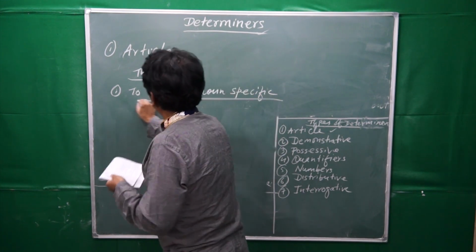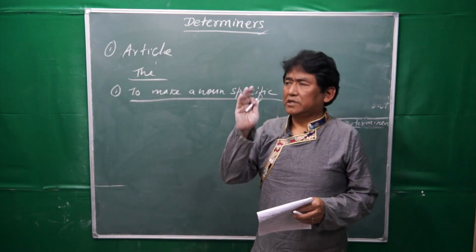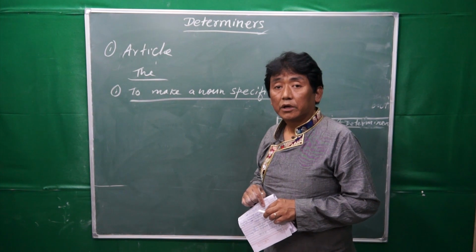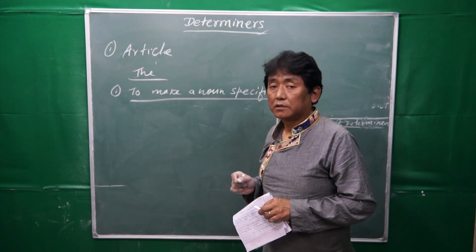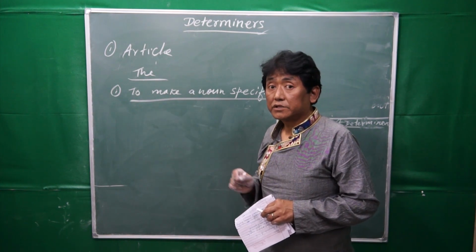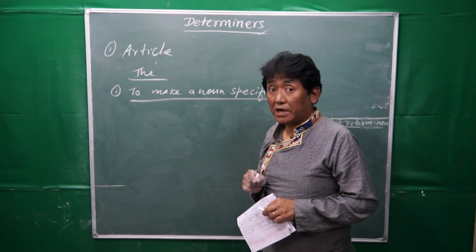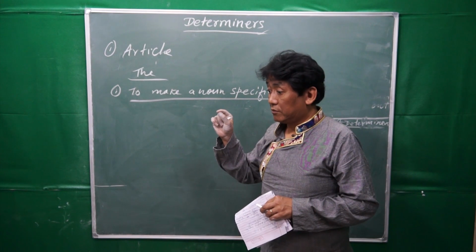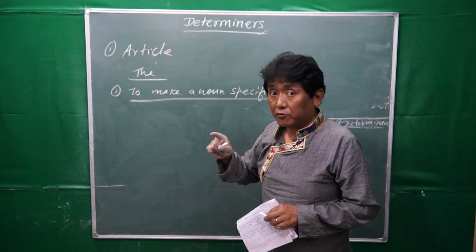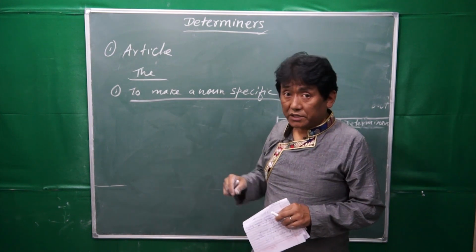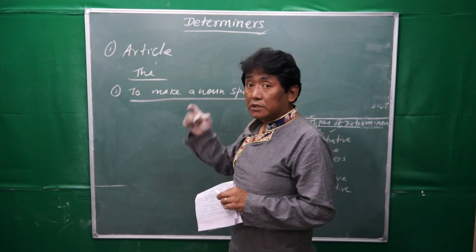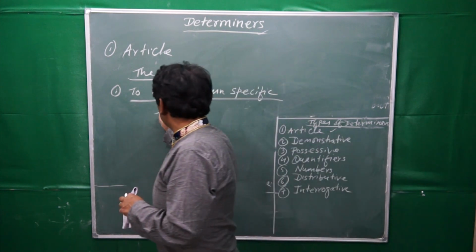See, when I say I saw a boy at the school gate, what did I use? A boy. That means I am talking about that boy for the first time, right? In the next sentence, if I want to talk about the same boy, then I'll write the boy. The boy